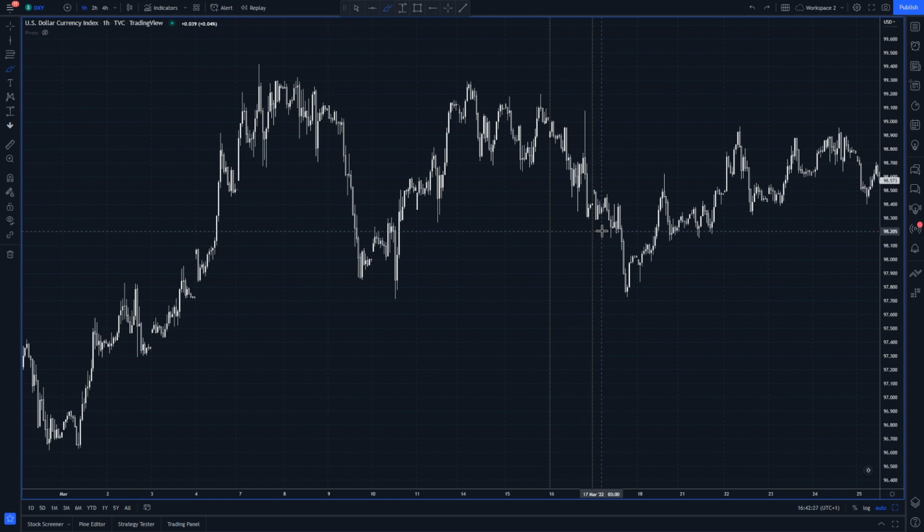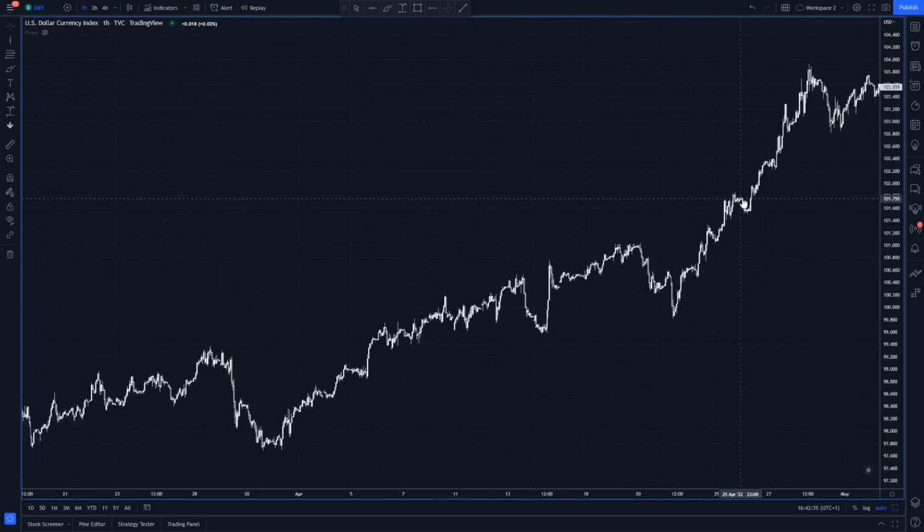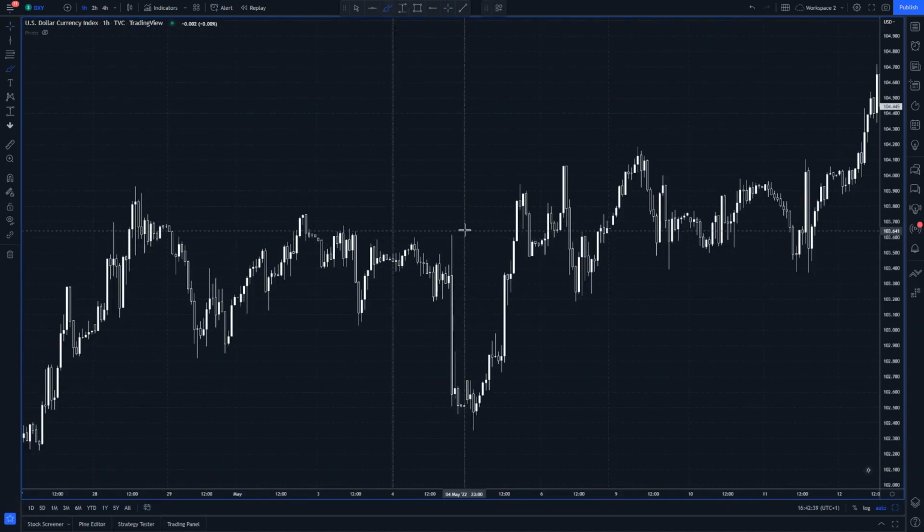outcomes for policy decisions. So we had a very big spike to the upside, and then the price dropped quite dramatically. Now, if we take a quick look at the May decision, it was a very similar situation where we had that first initial spike to the upside, quite a violent move, and then eventually the dollar gave up most of that and continued to push to the downside.